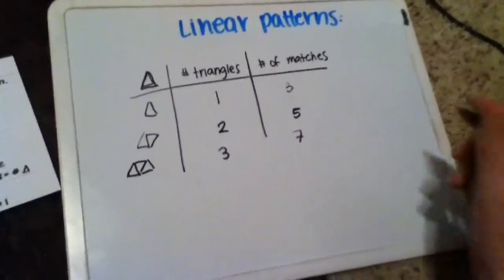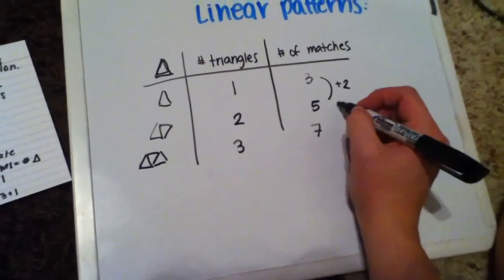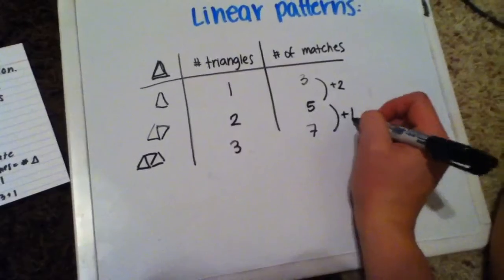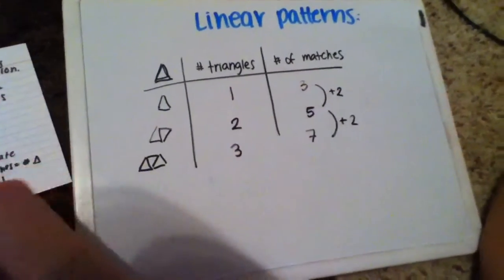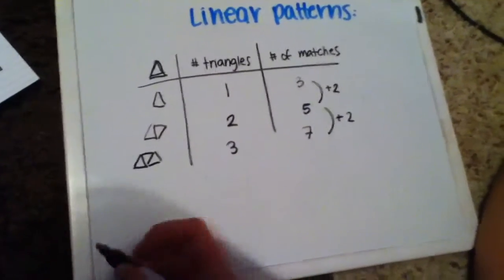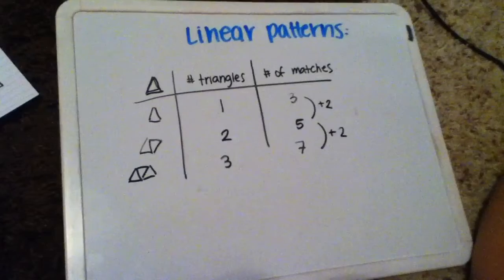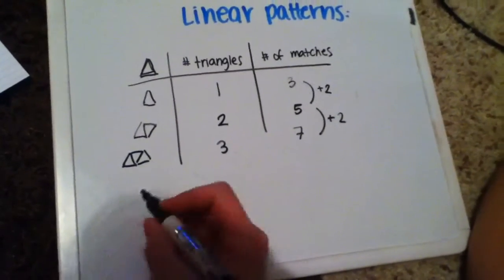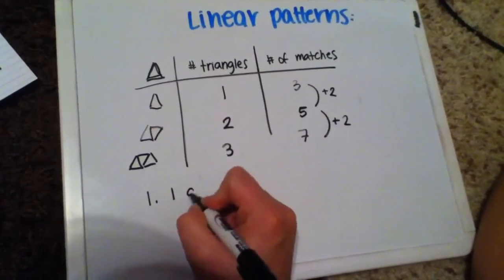So something that we can see is there's a common trend of +2 in between the number of matches per one triangle. Per 2 per one triangle. So now we can see that that forms a pattern, and once we know the rule, we're able to jump numbers. So now we know that we can group these. The first group can be one group